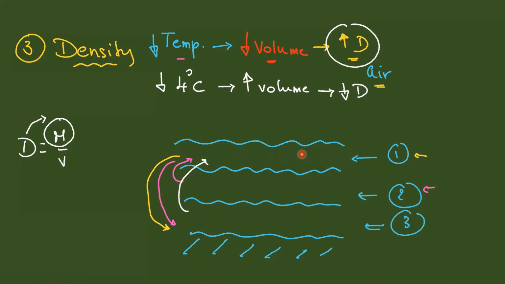Okay. So at 4 degrees, the volume will increase and the density will decrease. It means that the upper layer is not going to sink back. It's going to float. It means that it's going to be exposed to more and more lowering of temperature until the temperature reaches 0 degrees Celsius. Now, this means that the upper layer will be kept